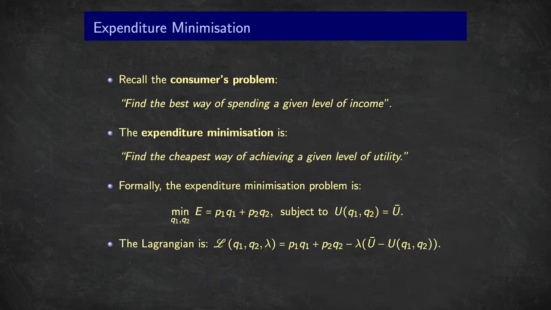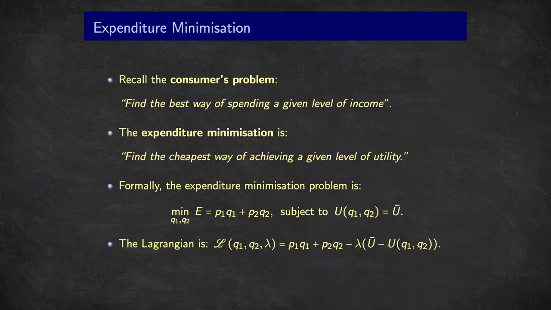Then they have to find the bundle which minimizes the expenditure required to achieve that level of utility. So formally, the expenditure minimization problem is the following. We have to minimize by choosing Q1 and Q2 the expenditure required for that bundle, which we will denote capital E, which is equal to expenditure on good 1, P1 times Q1, plus expenditure on good 2, P2 times Q2, subject